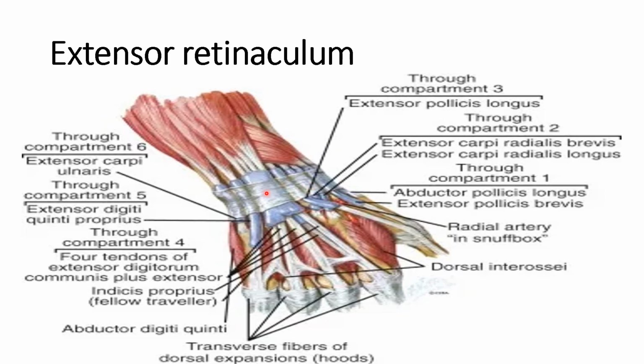and its proximal attachment is to the anterior and lateral border of the radius above the styloid process. So this is the thumb side and this is the radius bone. Its proximal attachment is to the anterior and lateral border of the radius above the styloid process, and it is not attached to the ulna. And distal attachment is to the carpal bones, which are the pisiform and triquetral bones.